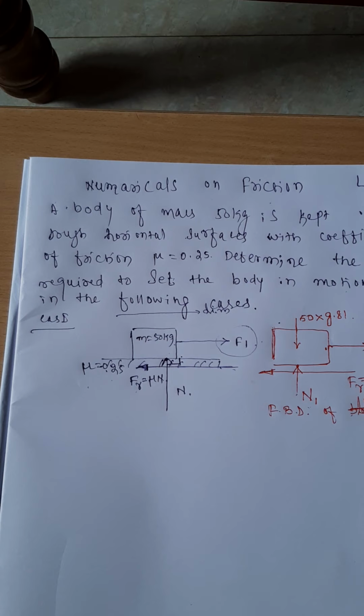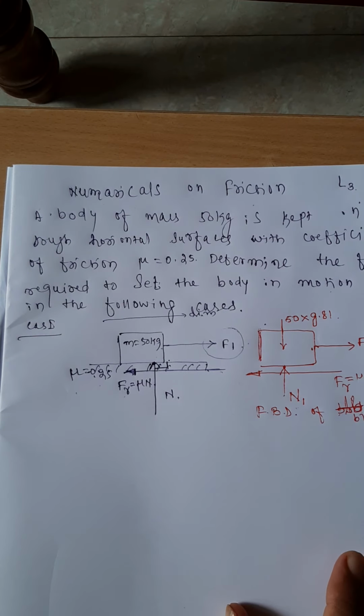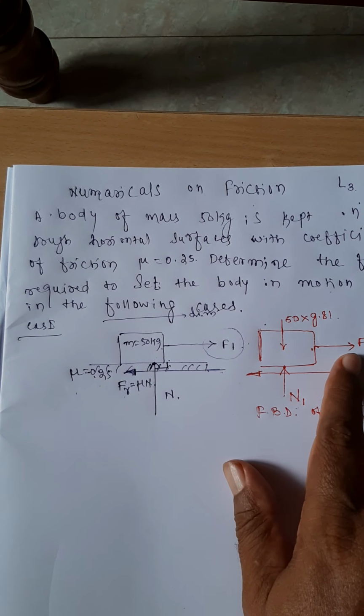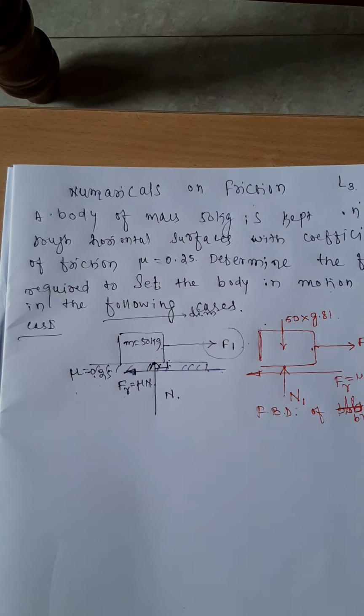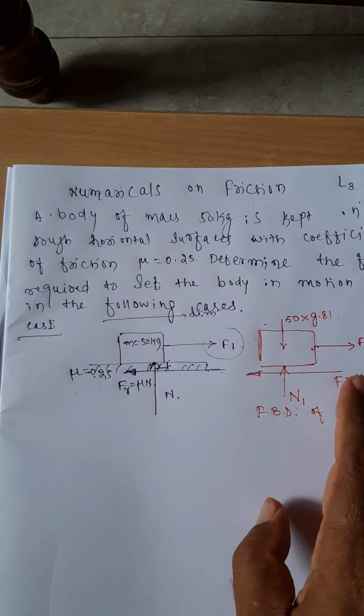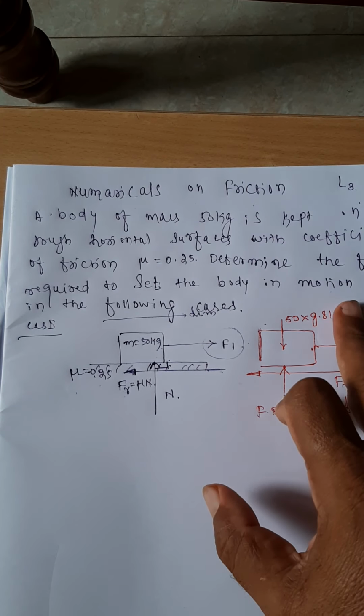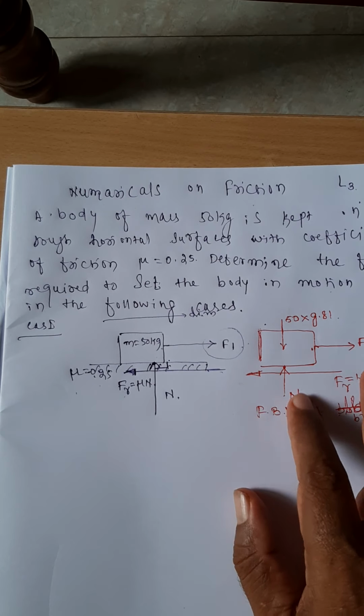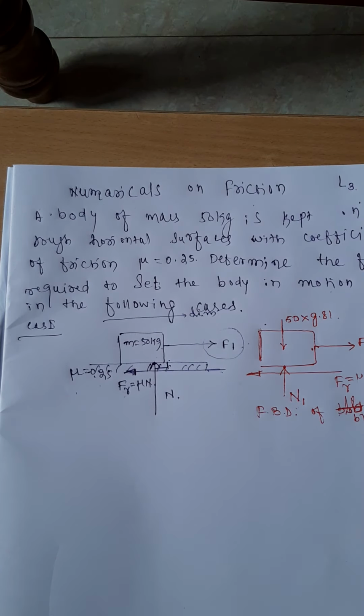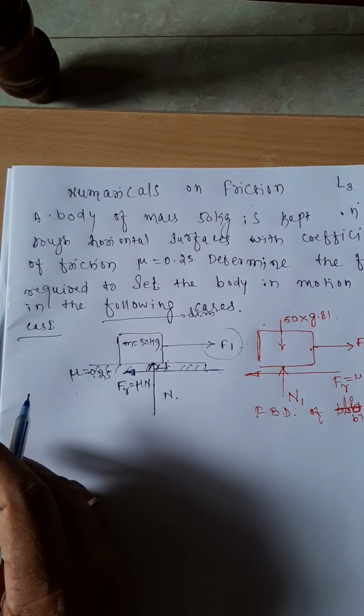Once you have drawn the FBD, the rest of the process is very easy. Apply the equations of equilibrium. In this FBD, what is being asked is the force F needed to set the body in motion. If you see the overall figure, how many unknowns are there? One is F1, the force we need, and the other is N1. Instead of marking it simply as N, which may be confused with the unit newton, I have marked it as N1. So there are two unknowns and two equations of equilibrium, hence you can find the solution to the problem. Apply the equations of equilibrium to the body.